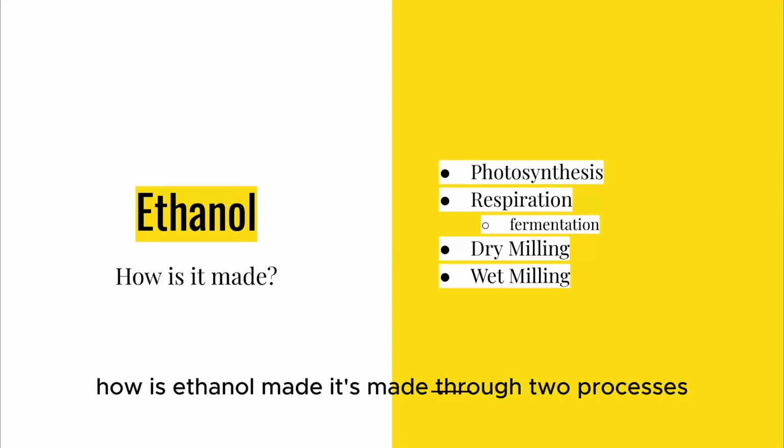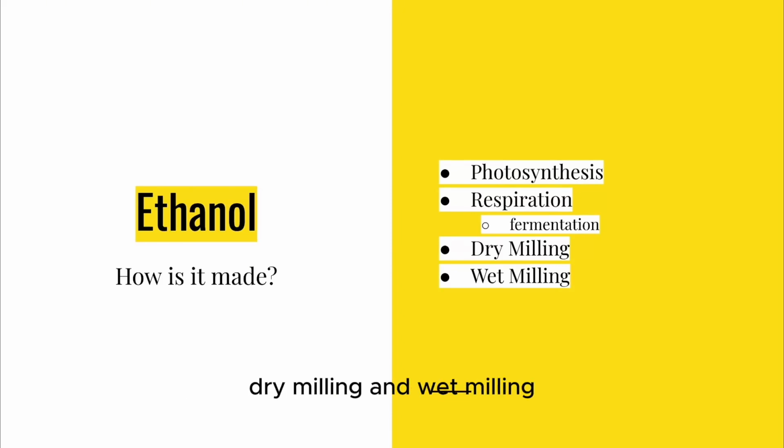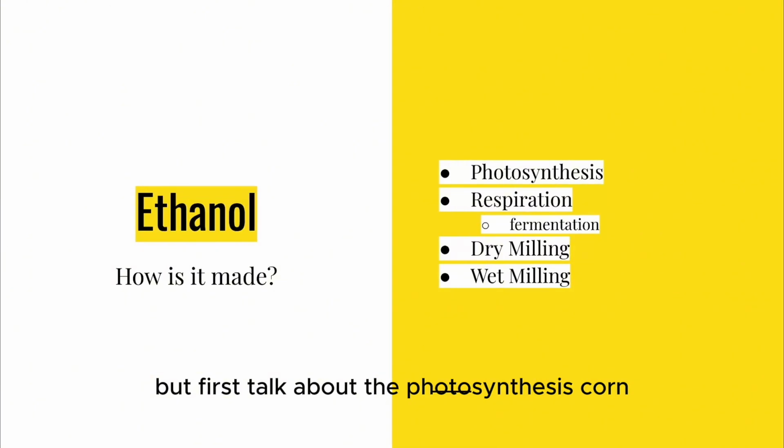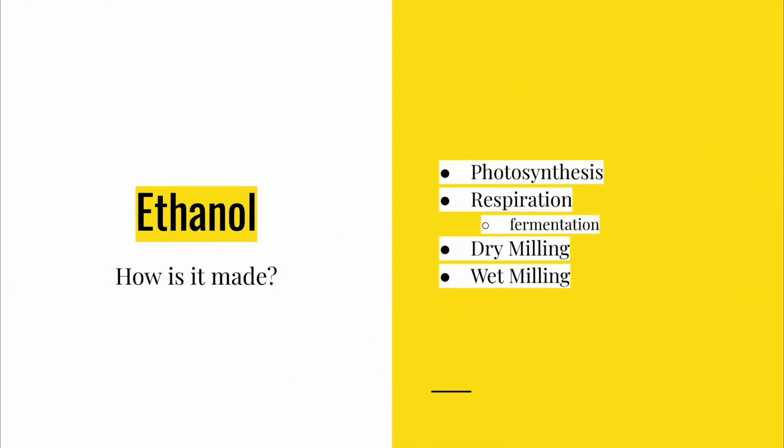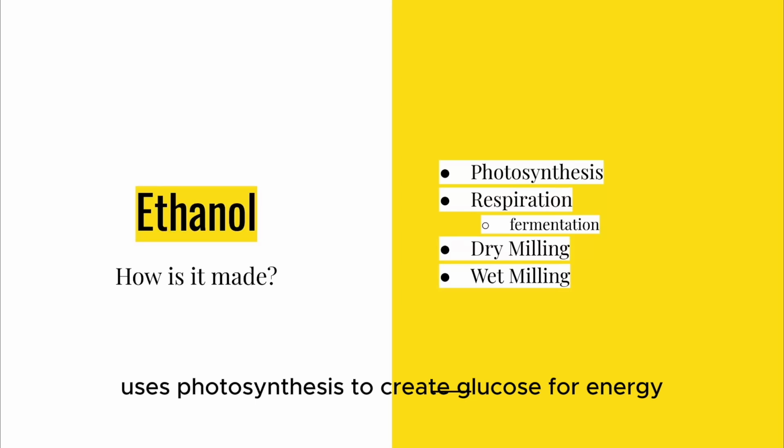Alright, ethanol. How is ethanol made? It's made through two processes, dry milling and wet milling. But first, let's talk about photosynthesis. Corn uses photosynthesis to create glucose for energy. And then